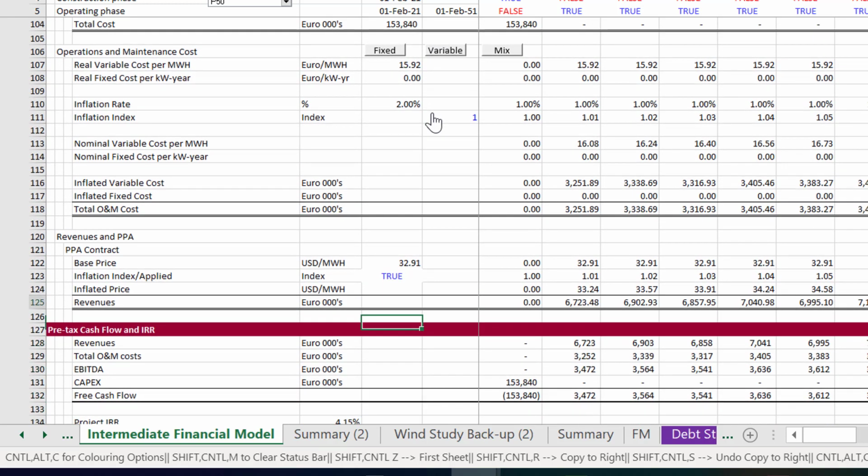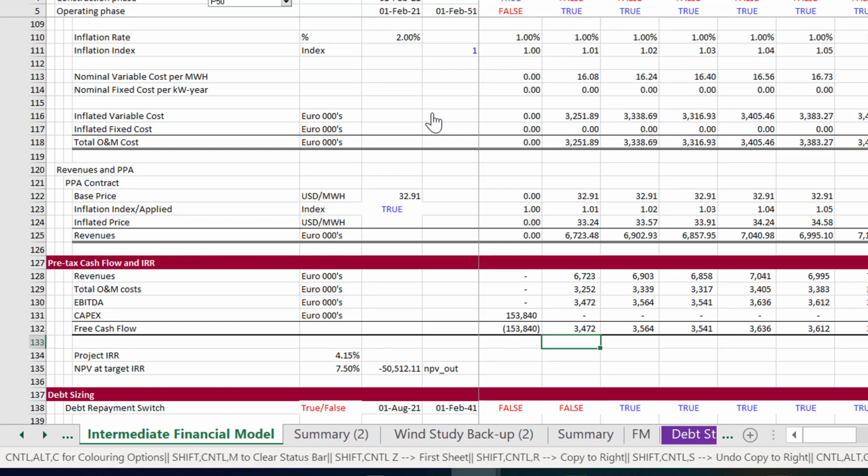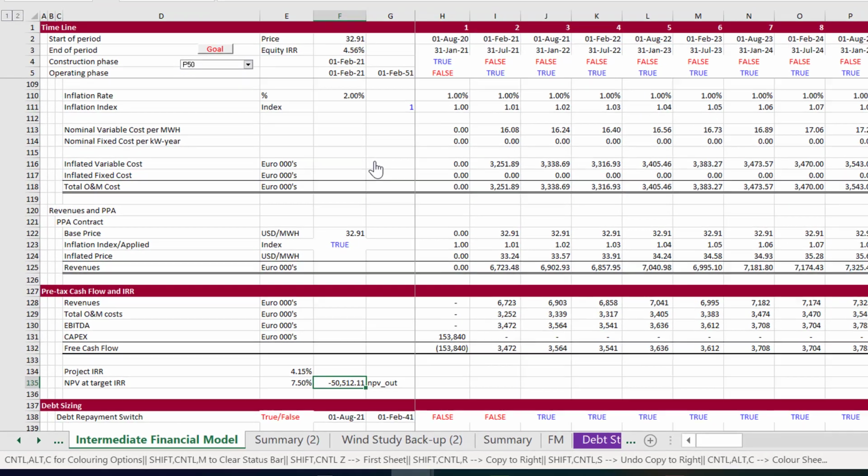compute our PPA price. So we'll just take the PPA price, put an inflation in, nothing complicated, and multiply our inflated price by the generation and get our revenues. No problem here. And then in our case, if it's the P50 case, we can say here's our IRR, and then we put a target IRR in and compute the NPV, and this says NPV out, and